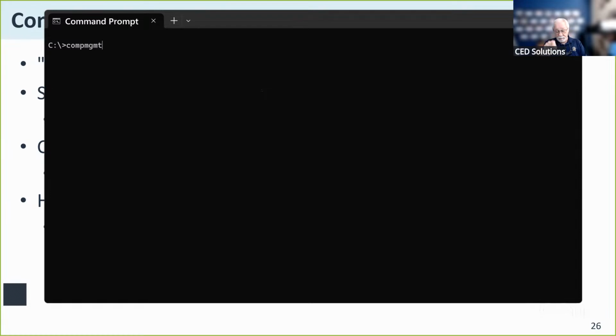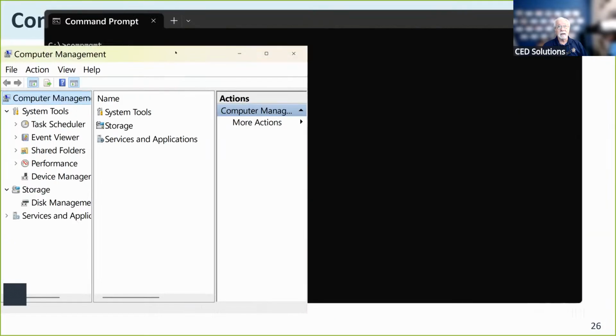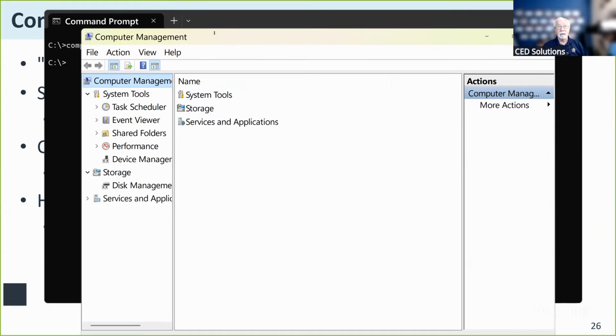Now it's going to pop up on my primary screen like it did yesterday, but I will drag it over and show you. So running the command brings up the applet, the program over here, and I can use it right here.